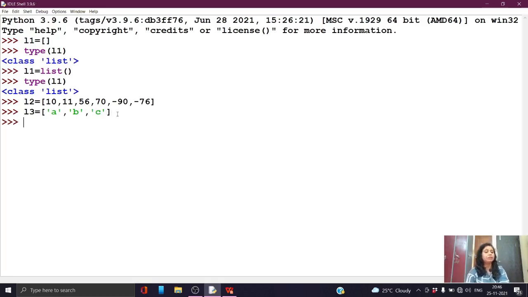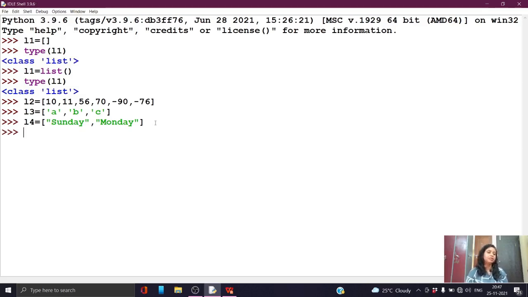Similarly, if you want to create a list of strings, you can do that in the same way. Just within square bracket we have to store our strings, and strings are separated from each other with the comma operator. Suppose Sunday, then you have to use the comma operator. Similarly Monday. In this way you can store a list variable of strings, right students?